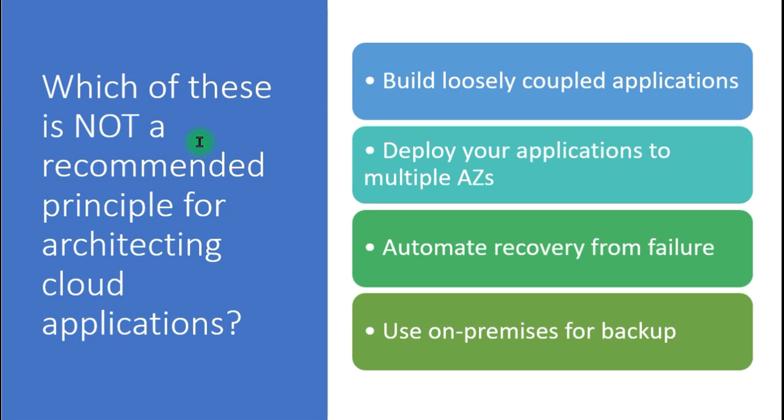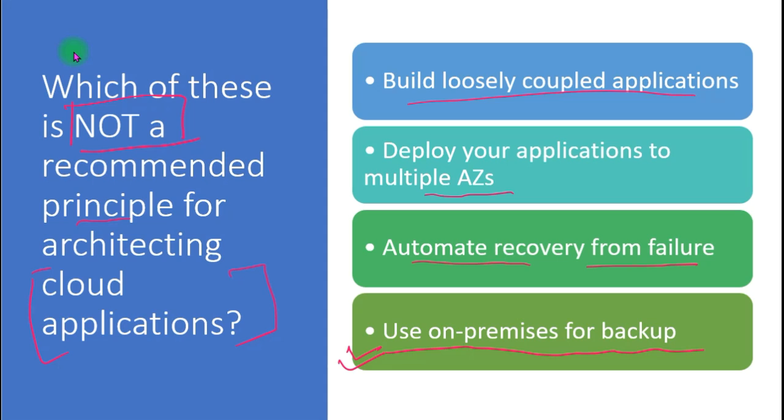In this question, they are asking which of these is not a recommended principle for architecting cloud applications. So here we need to architect the cloud application. So what is not the recommended principle? Build loosely coupled applications, deploy your application to multiple availability zones, automate recovery from failure, use on-premises for the backup. So the correct answer for this one will be use on-premises for the backup, because that is not a